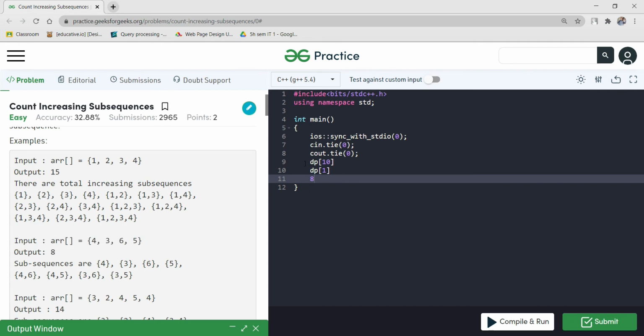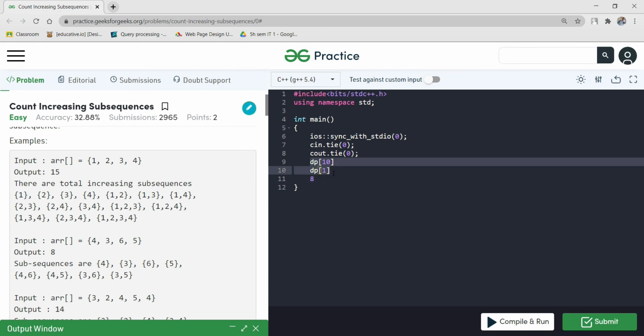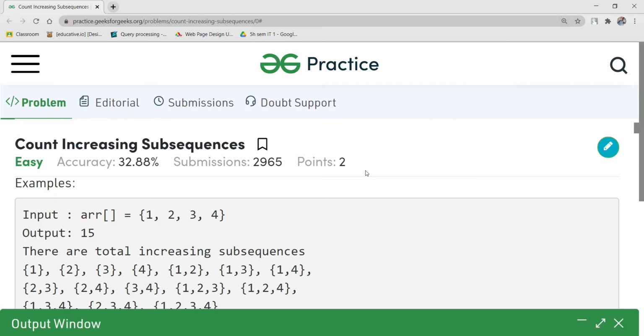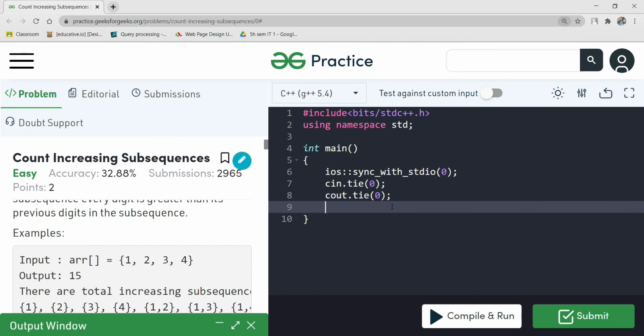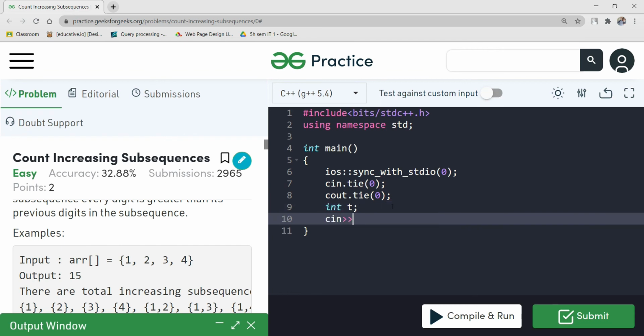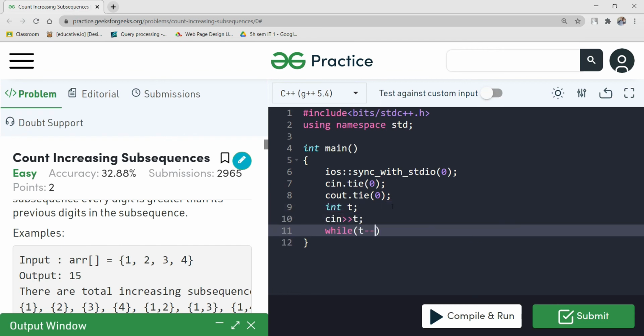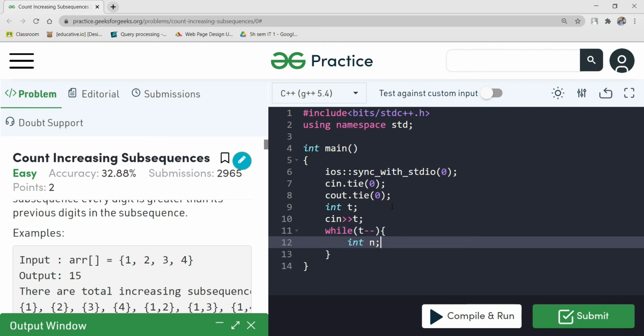So let's come to the coding part. Let me increase the size. So int t, cin t, while t minus minus, these are for the test cases.